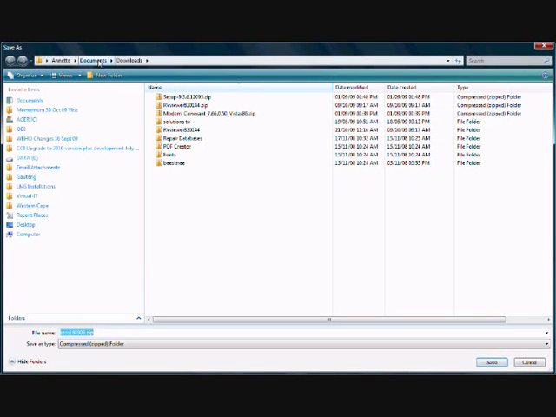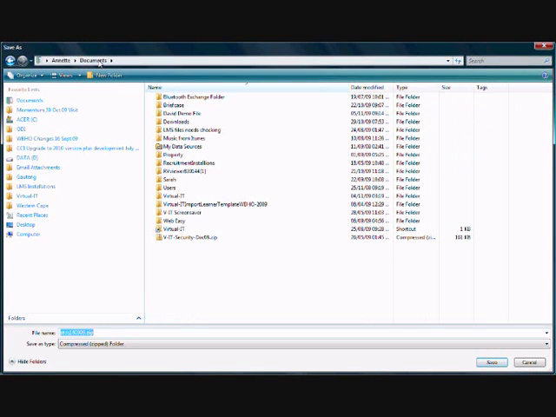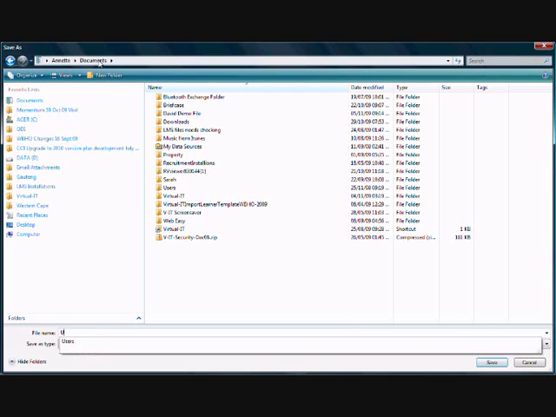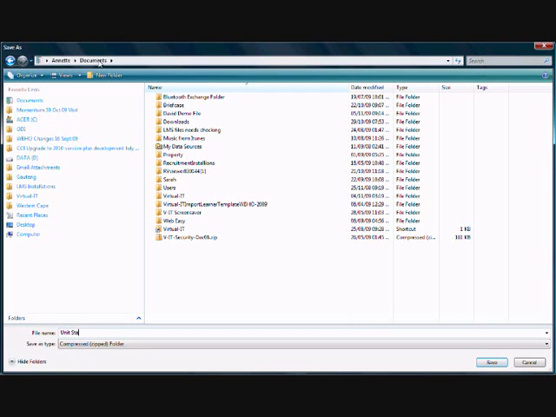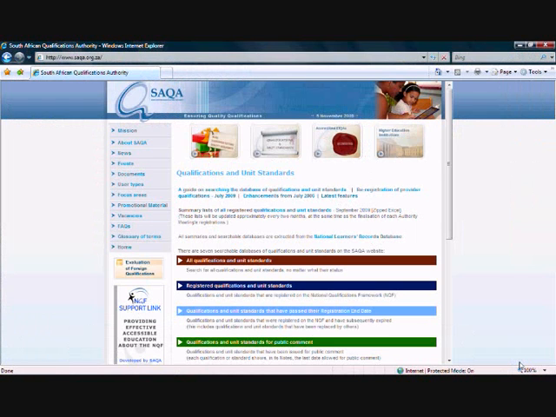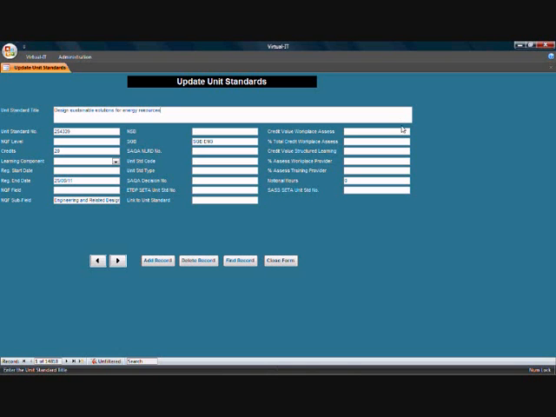this document under My Documents, or if you're working with Vista Documents or the equivalent thereof, as Unit Standards access, and that will then save those unit standards on my system. I'm not going to do it now because I've already done it on the system before. So we'd click on save and it would store them under there. We can then close our SACWA website, go back to our dialog box here,